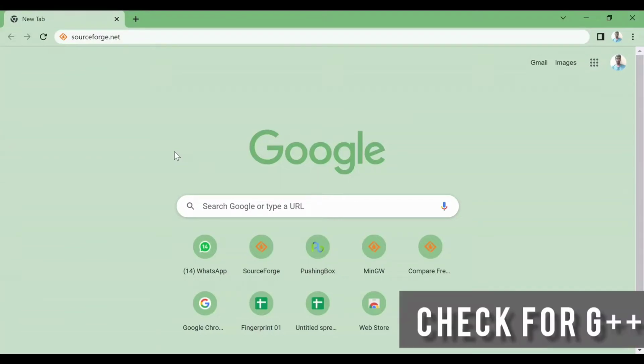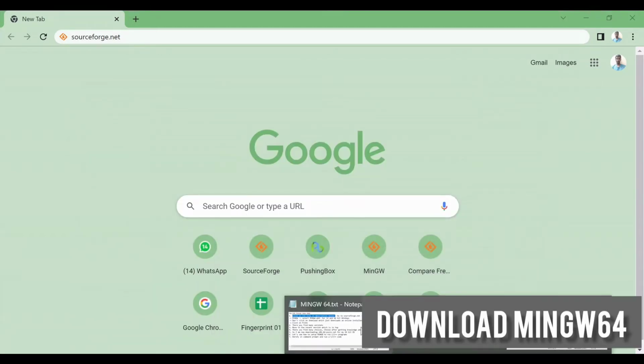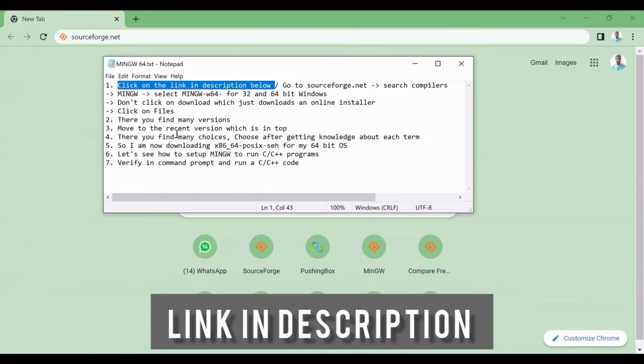Before moving to set up the C++ compiler, first let us check whether it is already installed in our system. Go to command prompt, type g++ space --version. Here it says that it is not recognized as an internal or external command. Now click the link in the description to download the MinGW compiler and skip the MinGW compiler setup part, or else